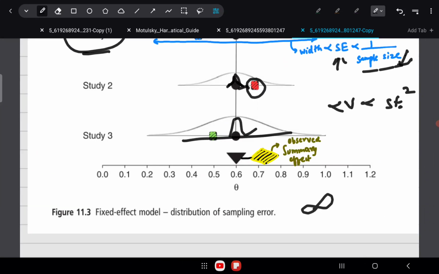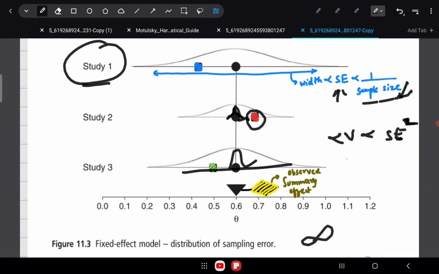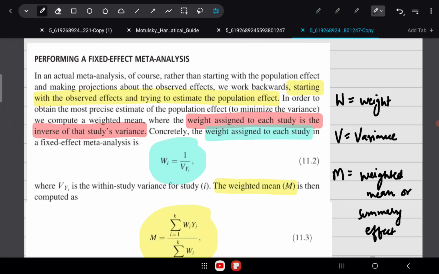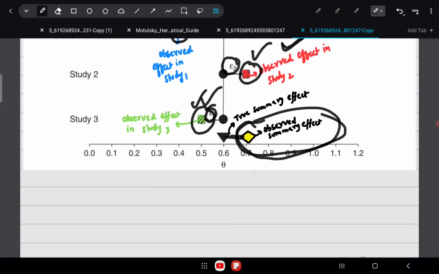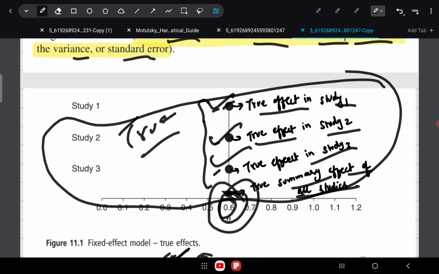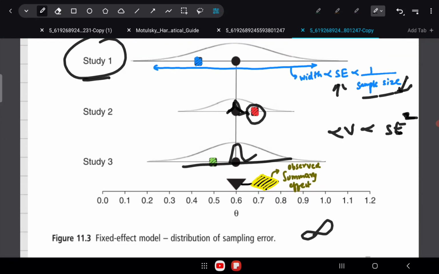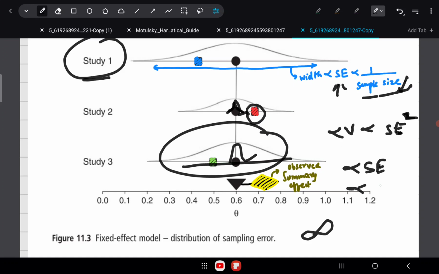Variance is standard error squared, or you can also say standard error is the square root of variance. So the width of this distribution of sampling error is proportional to standard error, or to the square root of variance.